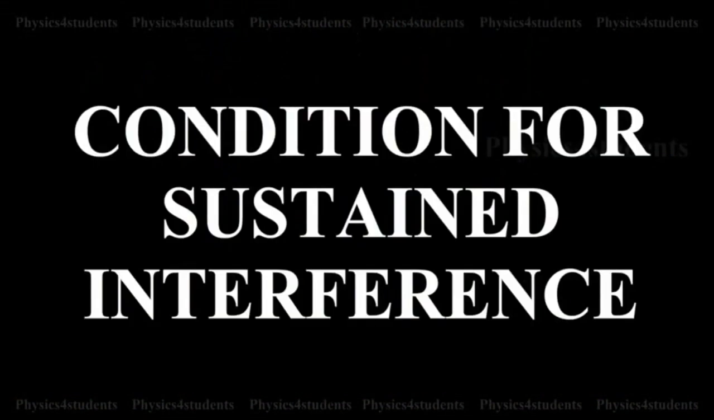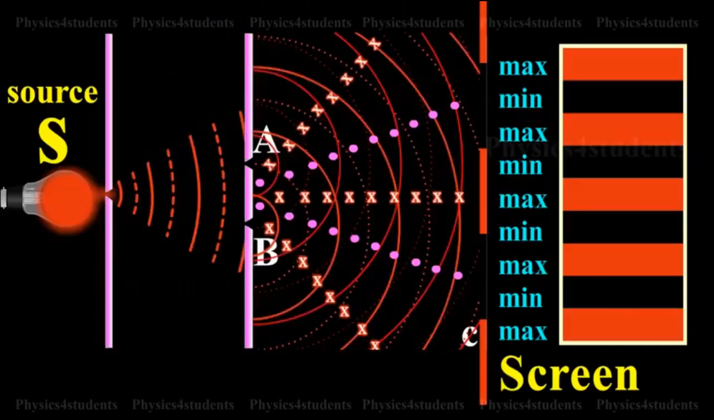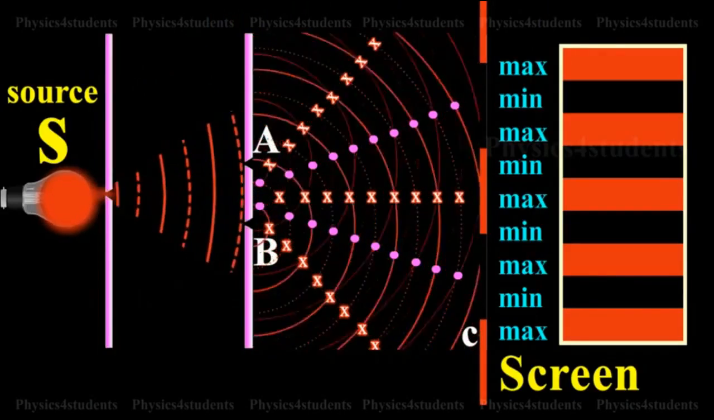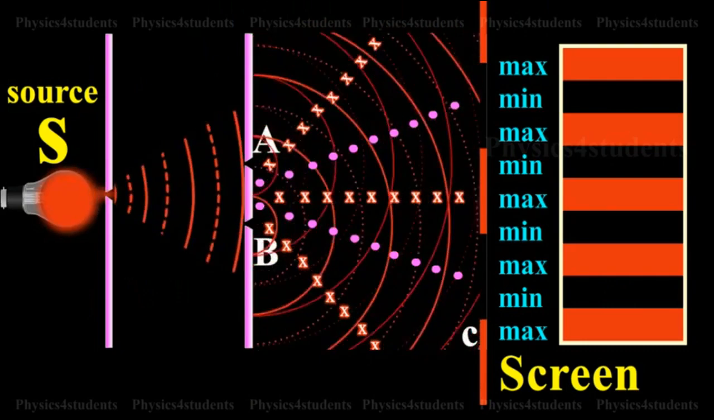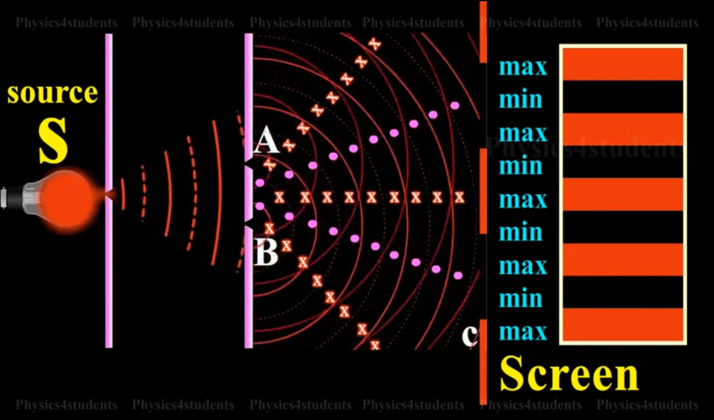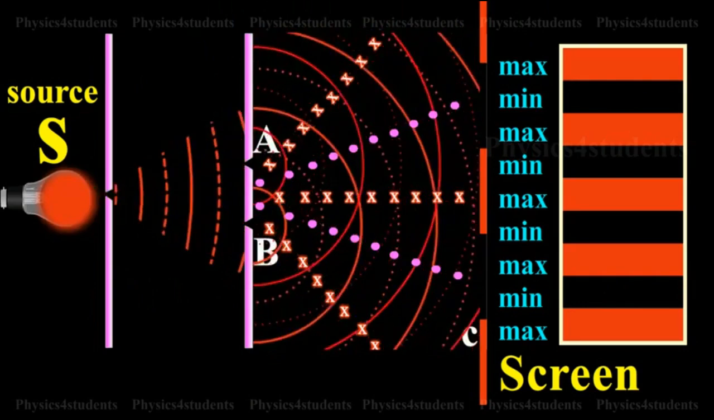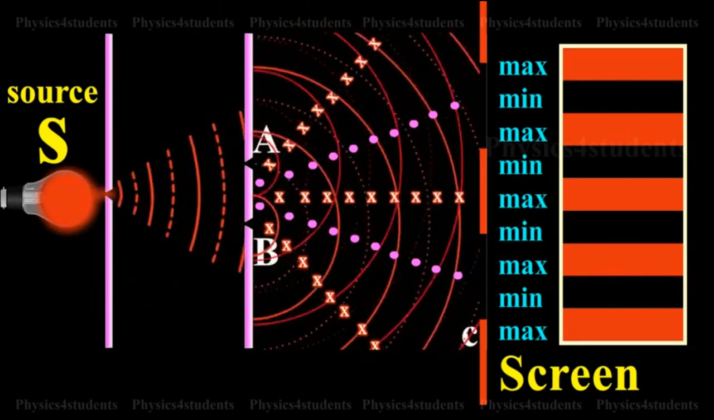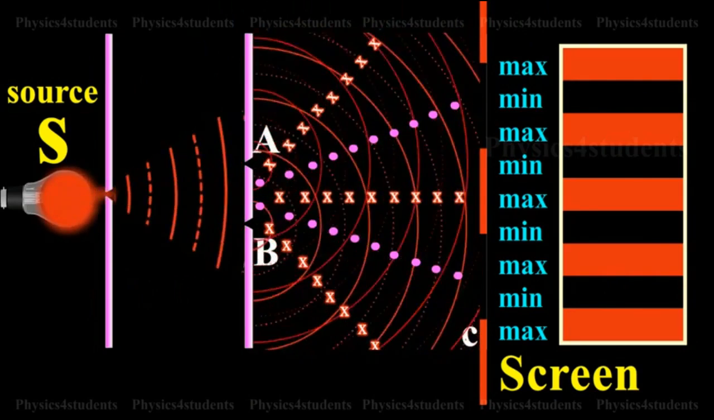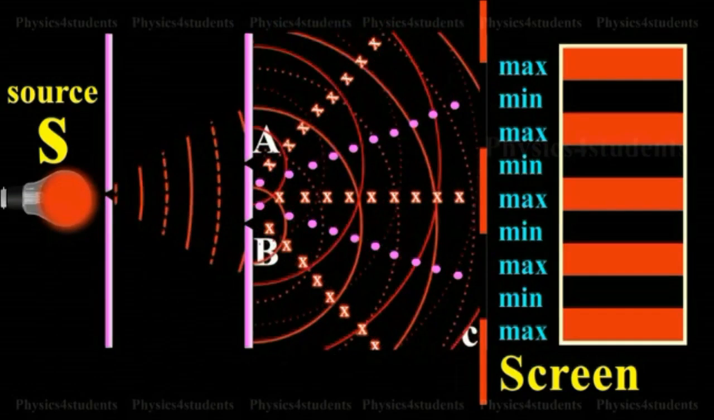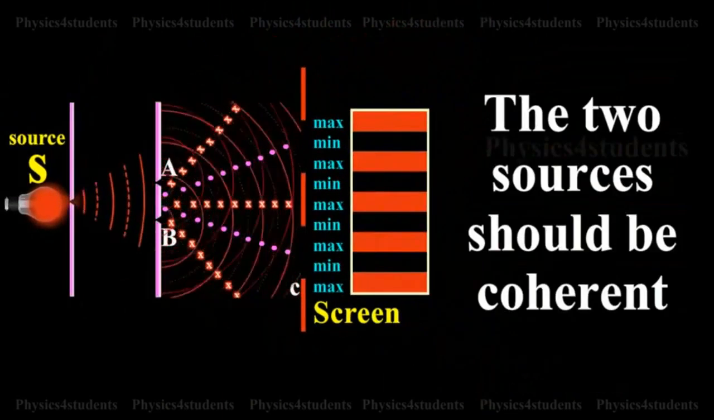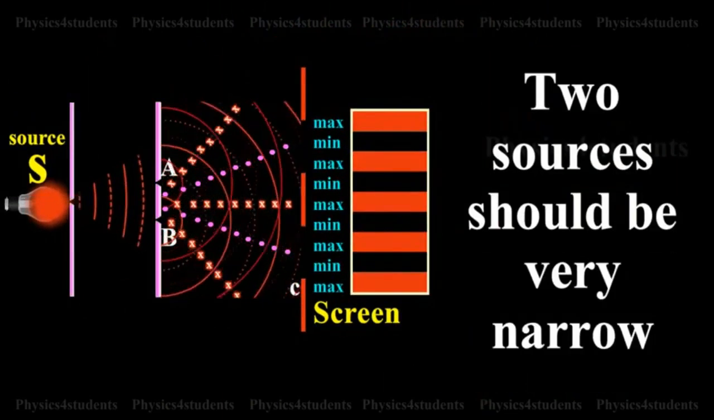The redistribution of intensity of light on account of the superposition of two waves is called interference. Condition for sustained interference. Sustained interference is when we get a well-defined and steady interference pattern on the screen, and it is easy to distinguish the bright and dark regions separately. Then it is called a sustained interference pattern. The conditions for the permanent or sustained interference pattern are: the two sources should be coherent,